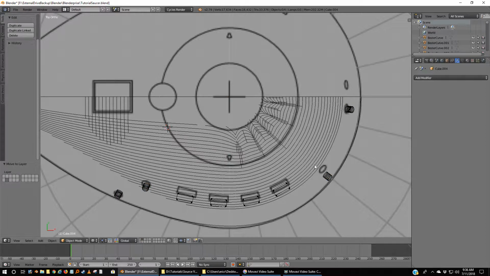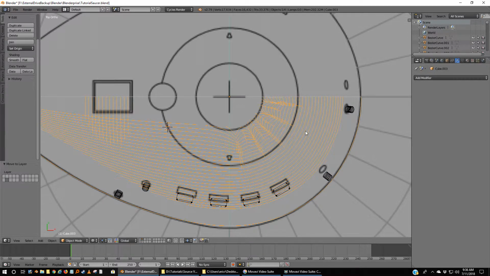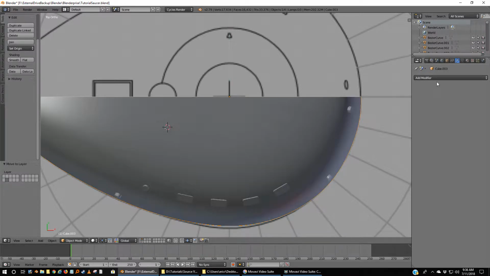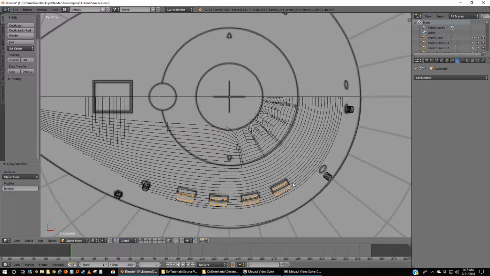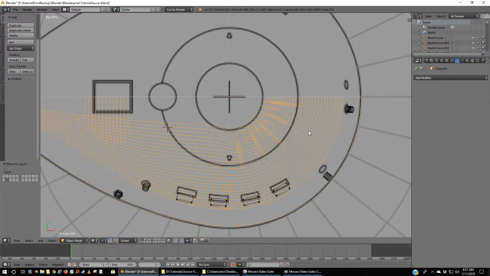All right, cool. Add modifier, Boolean, intersect is fine, selector, grab the square ones, apply. Those are now highlighted. Move those off to the second layer, get them out of the way. All right, cool. So 2 of the 3